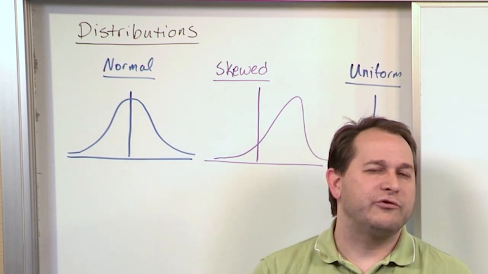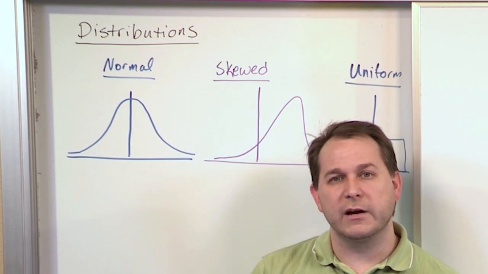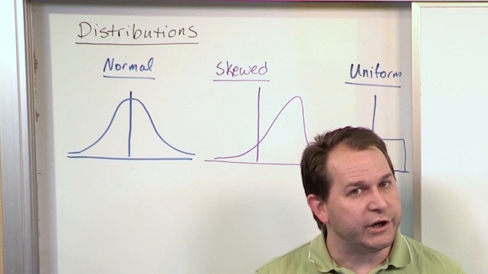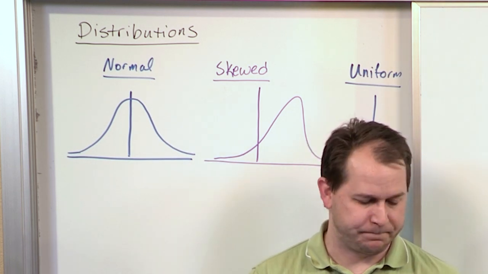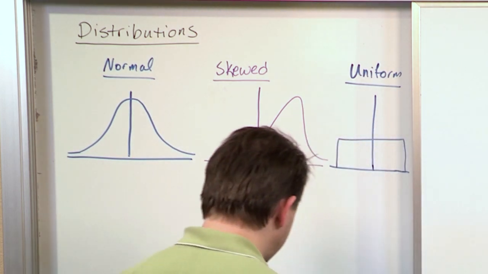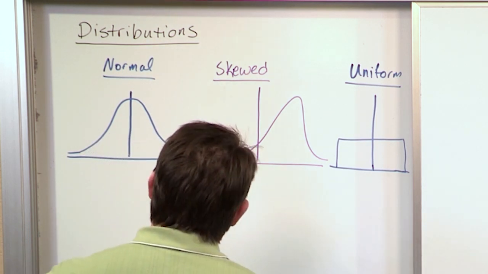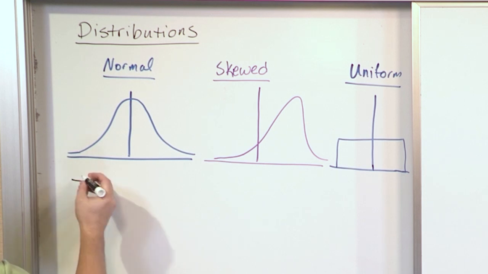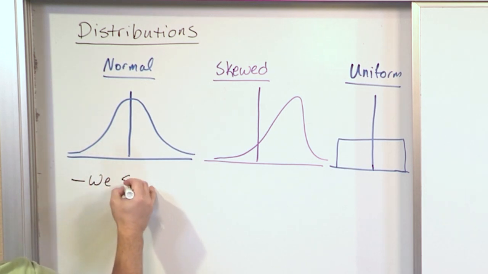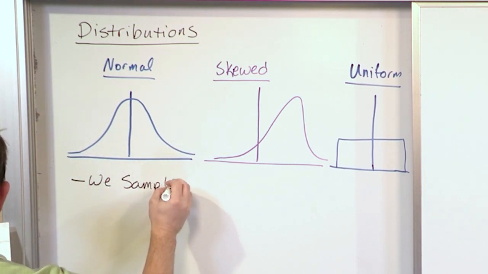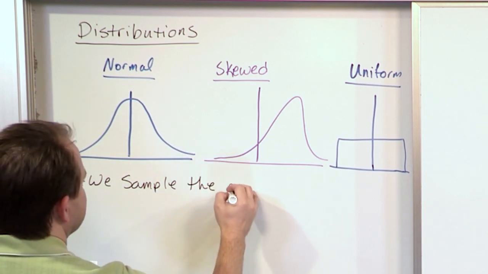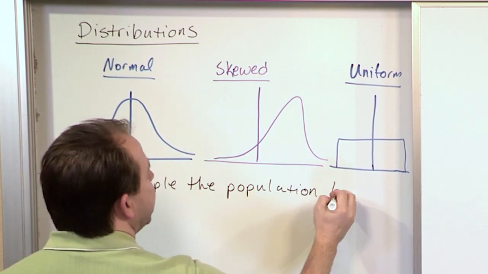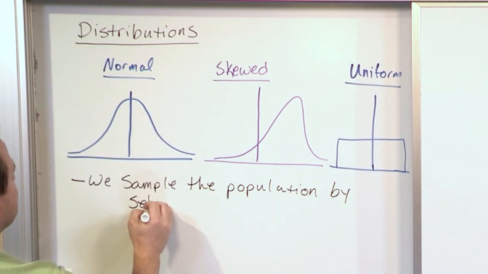But really, if I'm trying to study all students in North America, I'm probably guessing that whatever I'm studying is most likely normal, but I don't really know because I can't sample everybody. So what I then do in order to study them is I start taking surveys or samples. So what I do is I sample the population by selecting